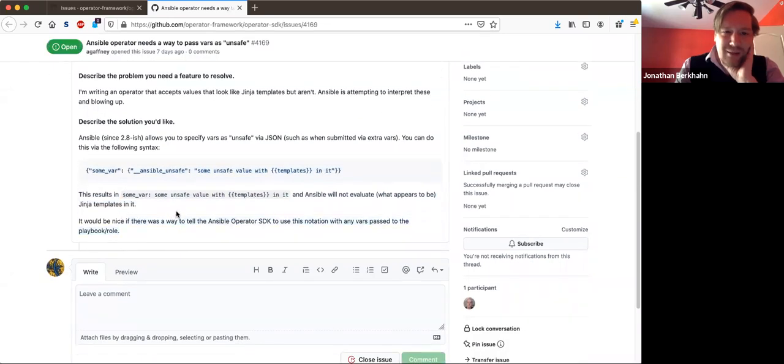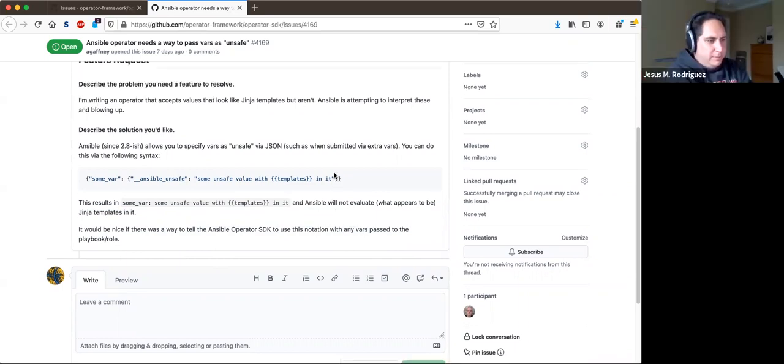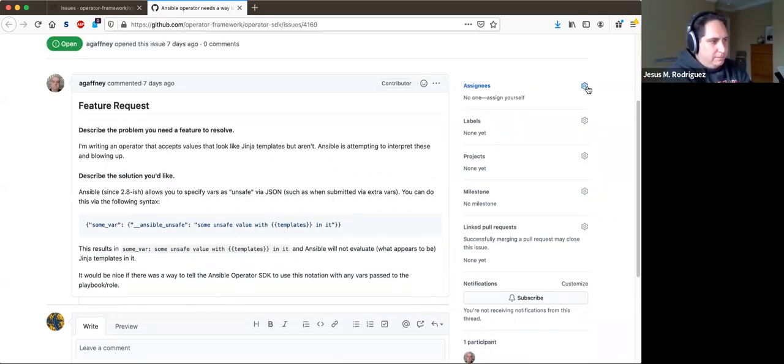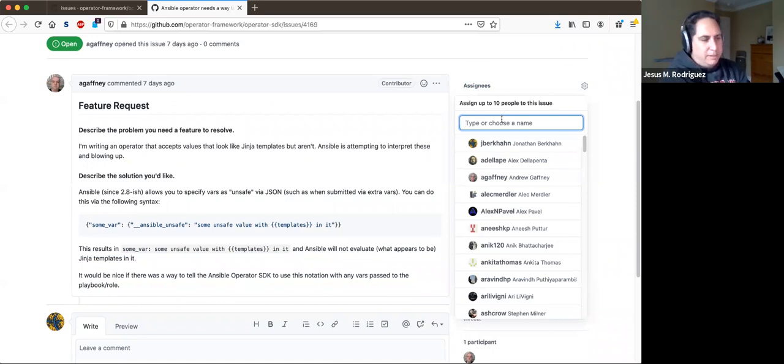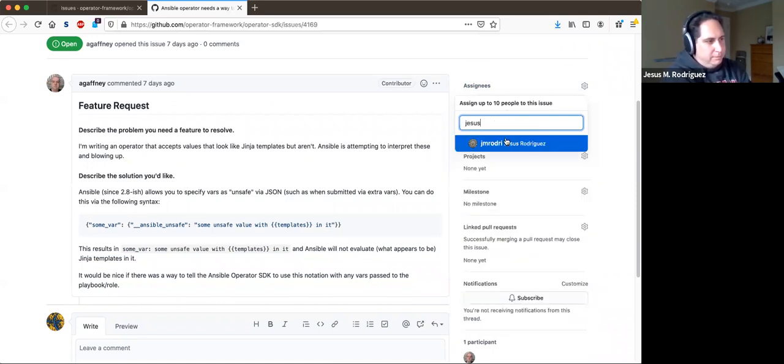So this is like they need to escape something that looks like JSON. And so the Ansible operator is eating it like it's JSON and blowing up. I can take this and I'll respond. I'm not sure yet exactly what the response is yet, but